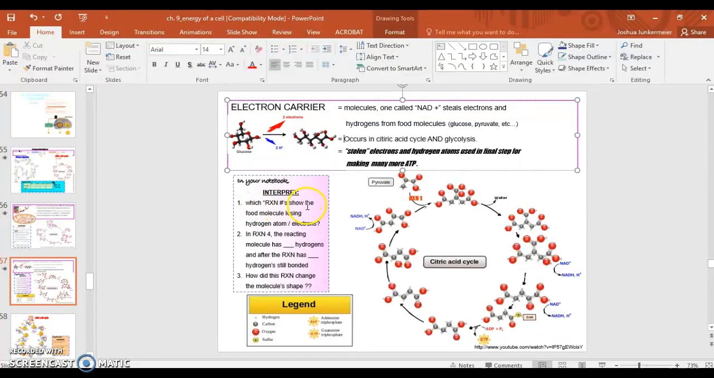It says, which reaction numbers show the food molecule losing hydrogen electrons? That's anywhere that the NAD+ is. So anywhere you see NAD+ in this process, that's where they're getting stolen. And you have to figure out what reactions those are, and this is calling it reaction